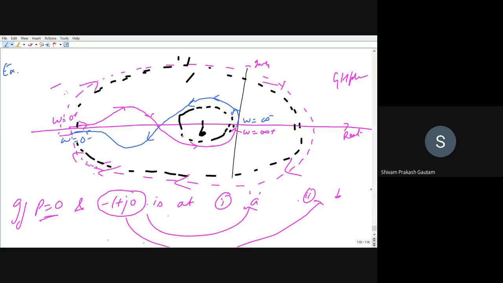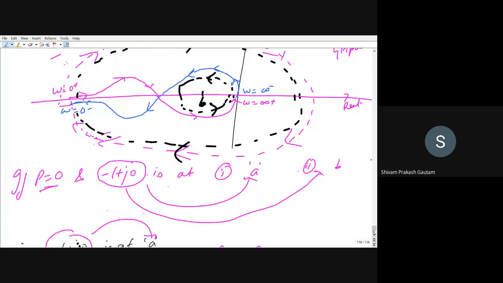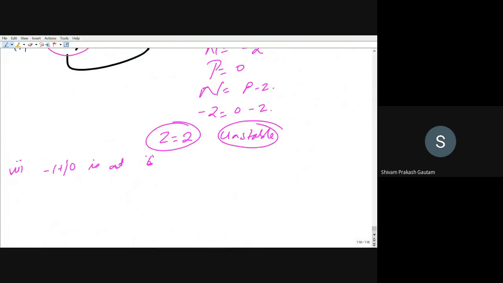Now the direction of the smaller circle, what is the direction of the smaller circle? Anti-clockwise. And what is the direction of the bigger circle? Clockwise. So there are two encirclements of the point -1 when the point is at B. There are two encirclements, but the net encirclement, that is n, will be equal to -1 plus 1. -1 because of the clockwise direction and +1 because of the anti-clockwise direction. So the net encirclement will be equal to 0.